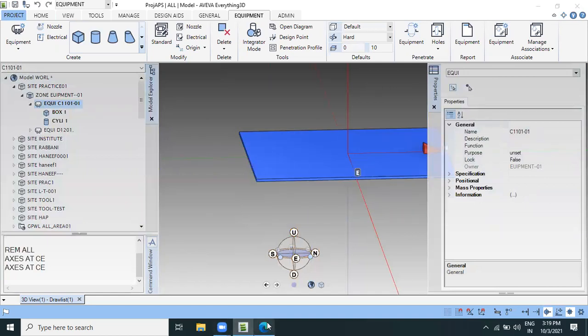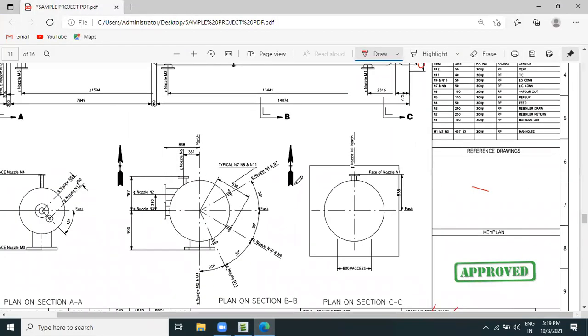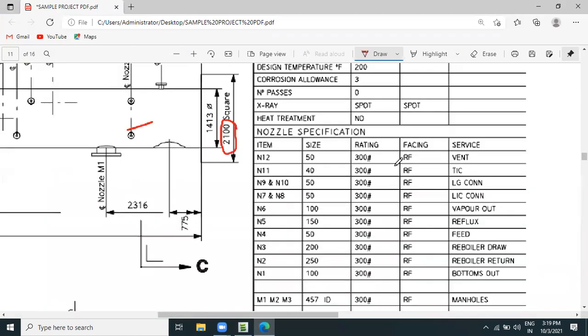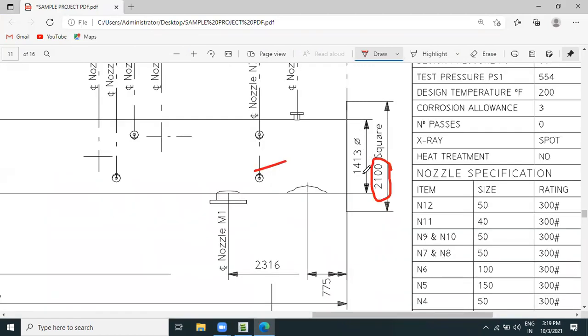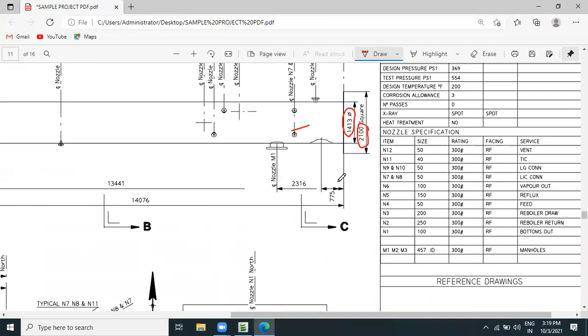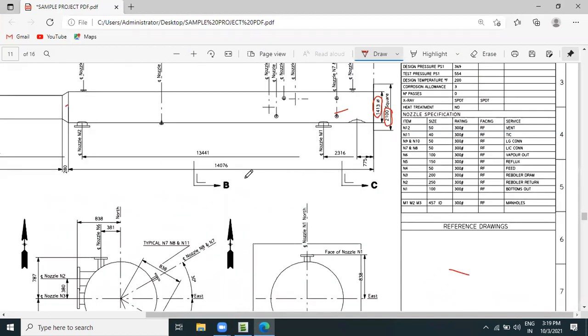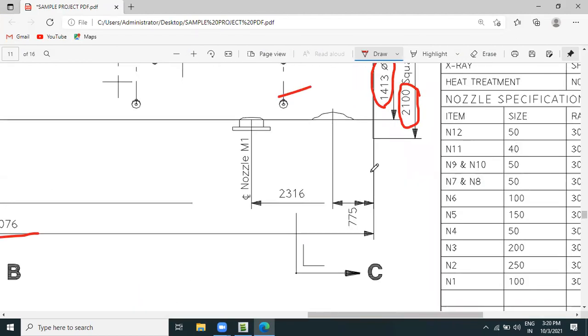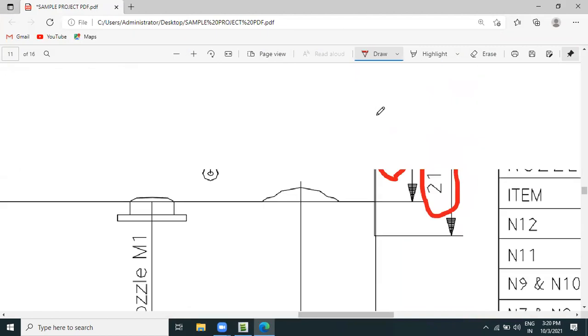The cylinder diameter is 1430 and the height is 1470, 14076 from the bottom of the space. Okay, take a 25 plate here.